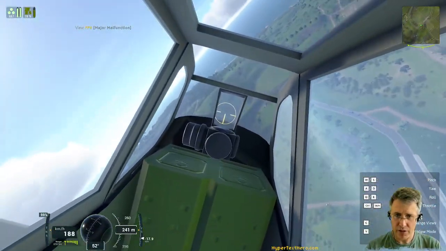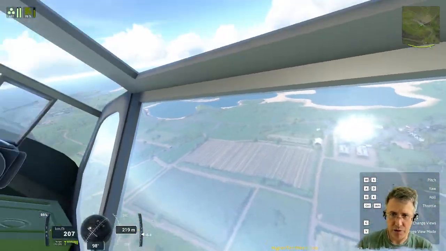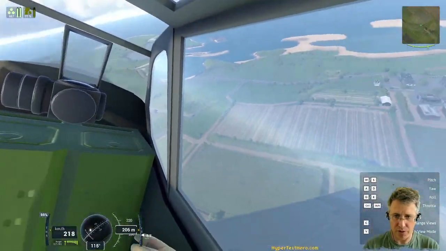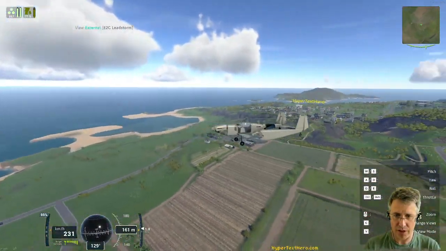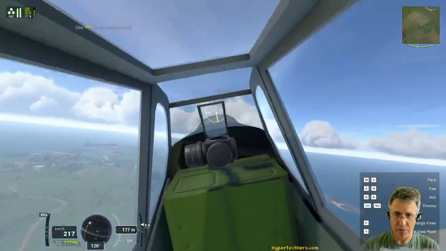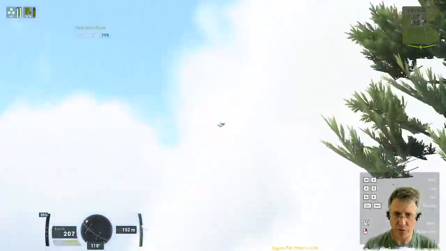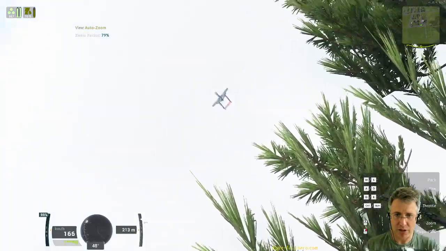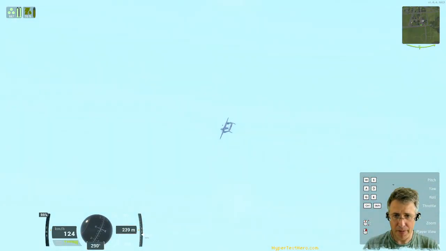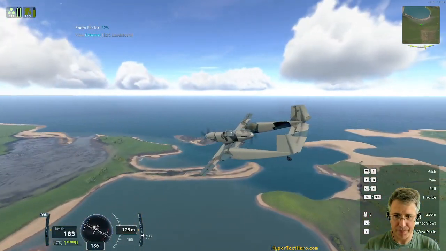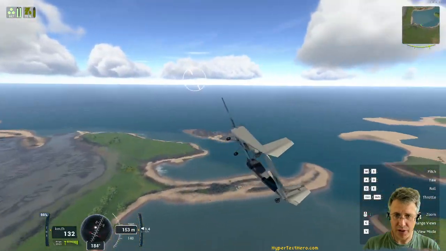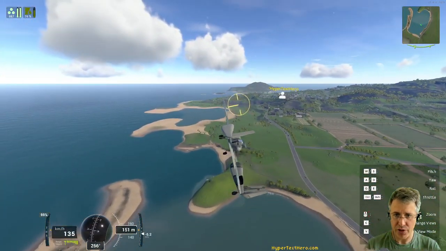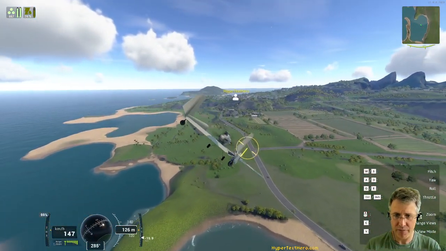It's a tricky thing to get the sound balance right in this game because you have so many different options. You can be in the airplane, you can be on the third person view outside of the airplane looking around it. You can be on the first person view from the ground looking at it. But I think it's very important to get this sound balance right, because if you have to keep adjusting the sound settings all the time,